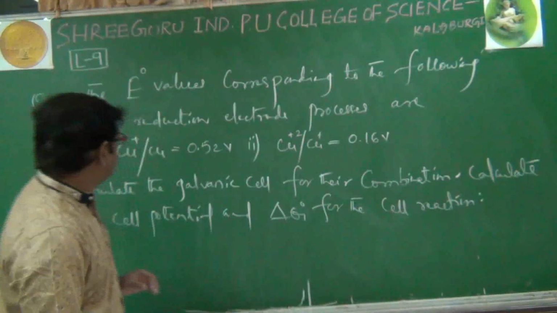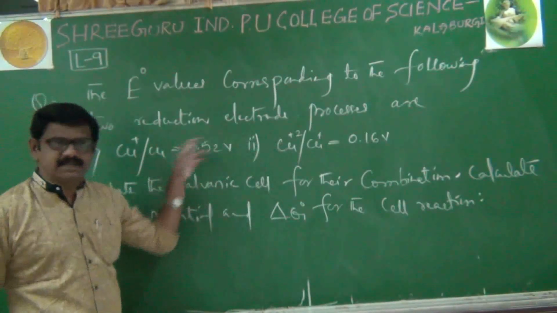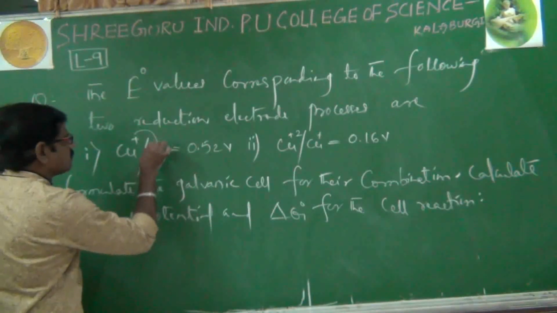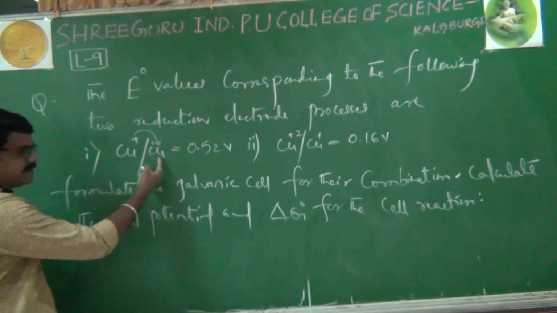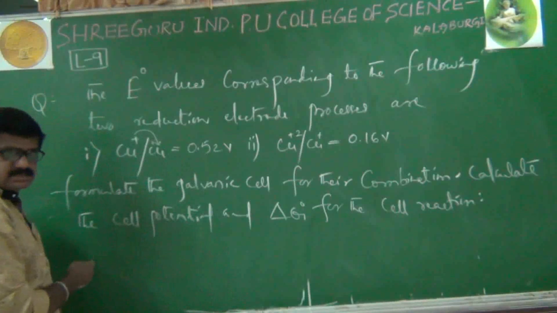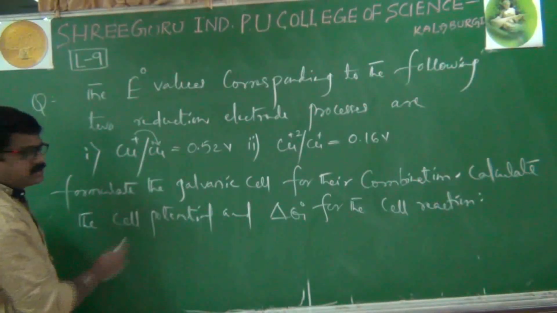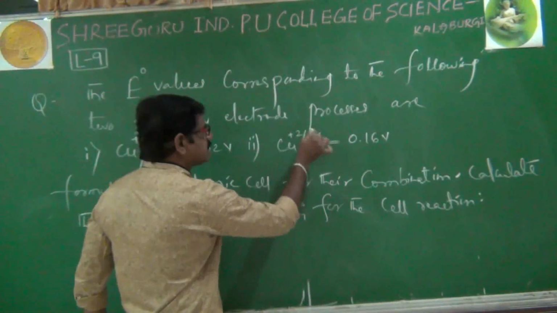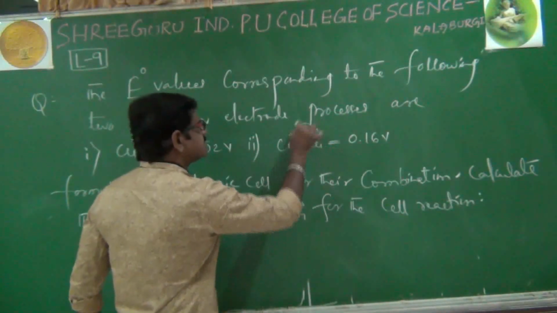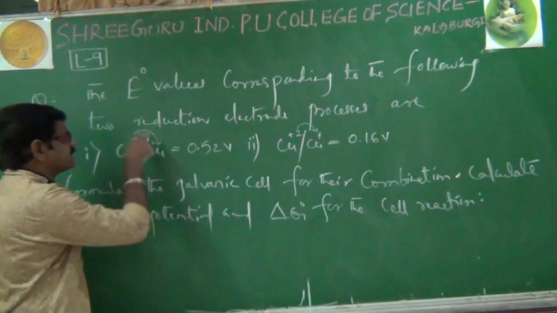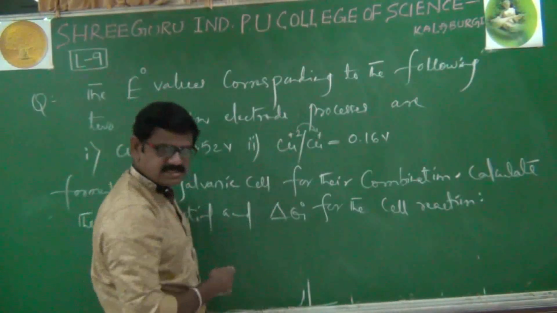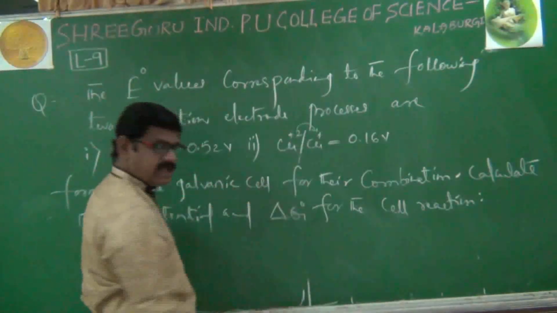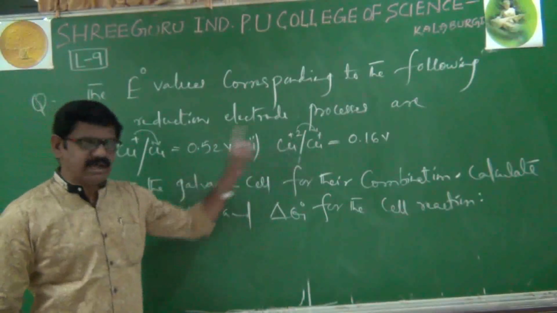Okay, very simple. First we'll try to understand the symbols. If you see, +1 converted to 0, because it is an elemental state, it is a reduction process, a reduction symbol, which means it is an SRP value only. Here also Cu2+ converted to +1, so here also there is a decrease in oxidation state. That's why it is also a reduction symbol only, and that's why it is also an SRP value. Both SRP values have been given.